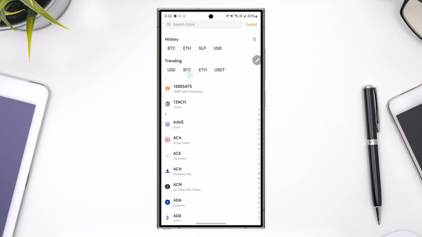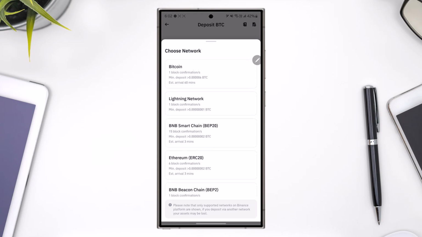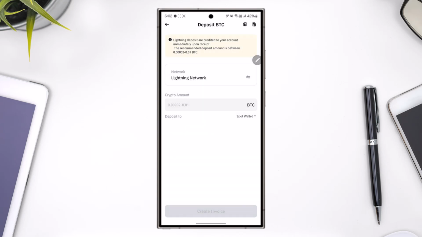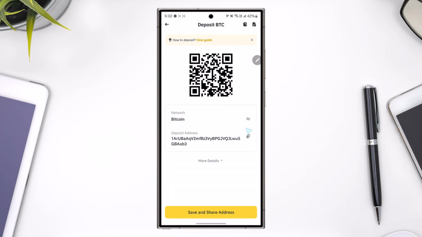In this case, you have to search for Bitcoin and copy the Bitcoin wallet address, and the network also you have to choose the one that is available on LBank Exchange. So if LBank has Lightning network available, select that one here as well. Then all you have to do is simply make sure to choose the network within different types, and this is